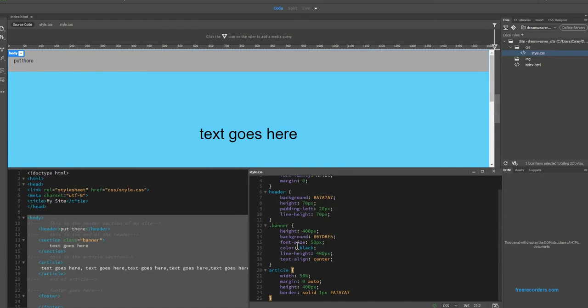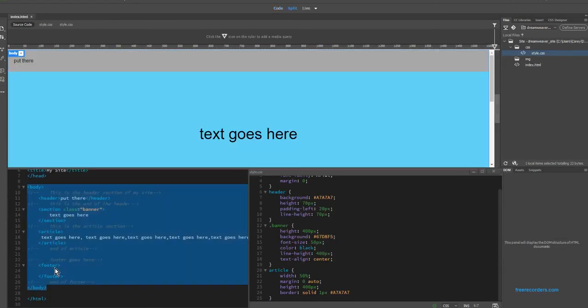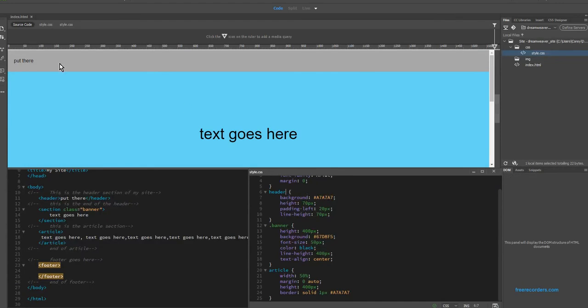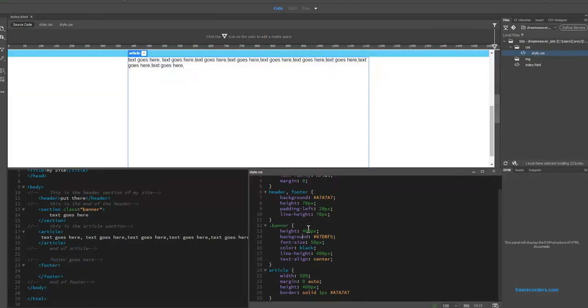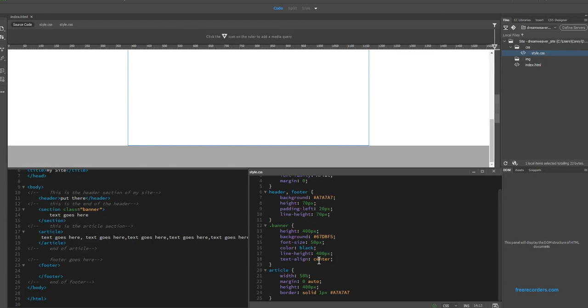So same as we did with article and header, we are going to apply a footer rule. But instead of creating a new one, we're going to make our header and footer look the exact same. Footers are already going to be on the bottom of the page because it's the last element that's in our HTML. And we want it to look the same way that our header is. So rather than copying the code and pasting it below, we can just do comma footer. And what that does is it defines I want the header and the footer to share these rules. And when we do that, you can see now that the footer at the bottom maintains all the same rules